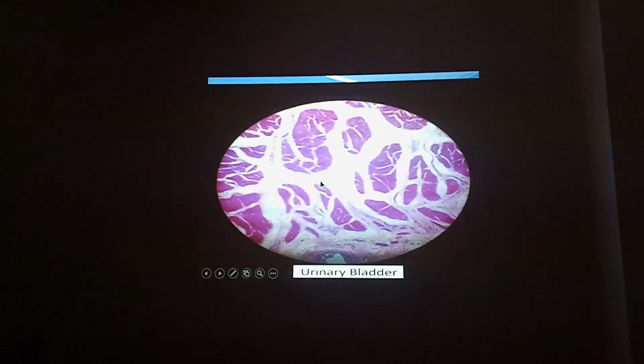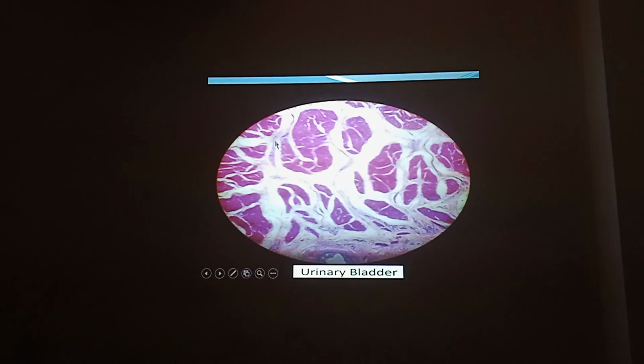Now this is the histological slide in Bhimsen Papuri. These are the mucosal folds of the urinary bladder. This is the transitional epithelium, only epithelium you are seeing, and lamina propria, epithelium and lamina propria you are seeing, and these are the mucosal folds. Again, here is the muscle layer. Histological slide of the urinary bladder, but here the muscle layer is focused.